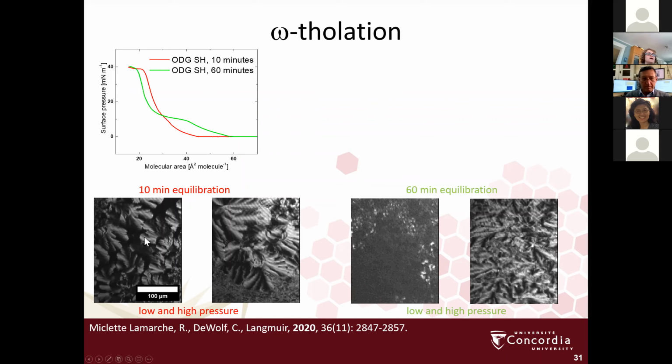If we look at the Brewster angle microscopy, this is before equilibration, with a standard 10-minute equilibration after spreading. You see these large mosaic textured domains suggesting a high degree of anisotropy. And this is low and high pressure. If we equilibrate for 60 minutes, we get a few domains, but nothing very much, mostly uniform. But as we pass this now plateau, which appears exactly where there was a slight kink in the isotherm before, as we pass this plateau, we are able to restore this mosaic textured domain.